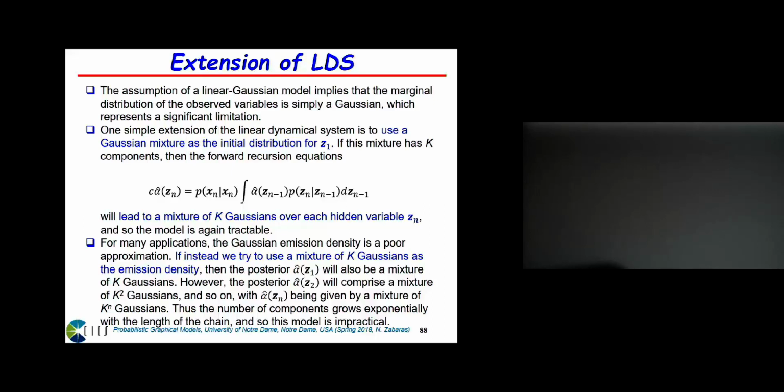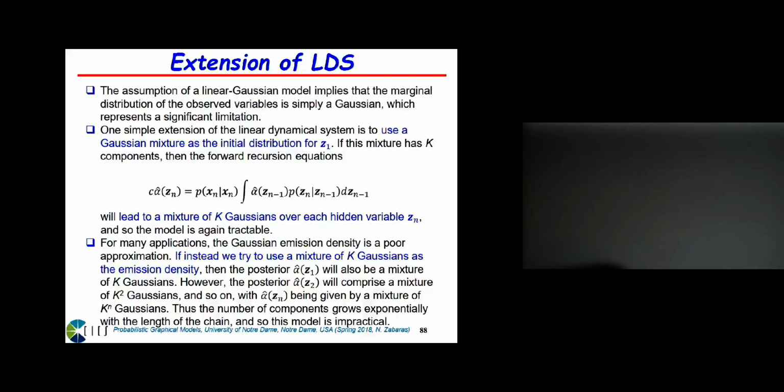So you do calculations with k square components, but then approximate this again with k components. And there is work, if I remember, out of the group at MIT that had done this type of calculations maybe 10 years ago or so. So basically, yes, Gaussians make these update formulas